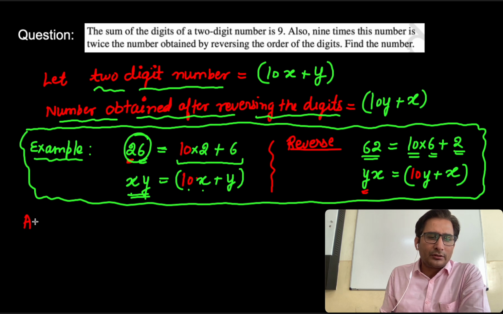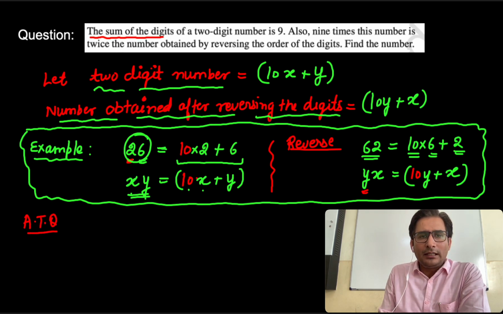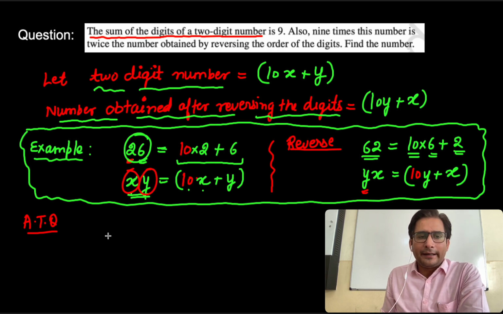Let us form the equations. According to the question, look at this, the sum of the digits of a 2-digit number. So what are the digits of this 2-digit number? The digits are x and y. So what is the condition? Very good, x plus y is equal to 9. So this is equation 1. Now if you read the question further,